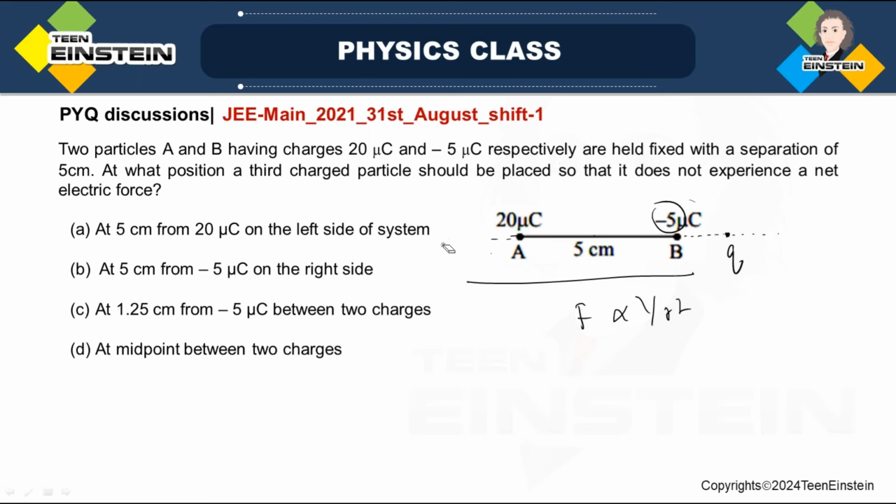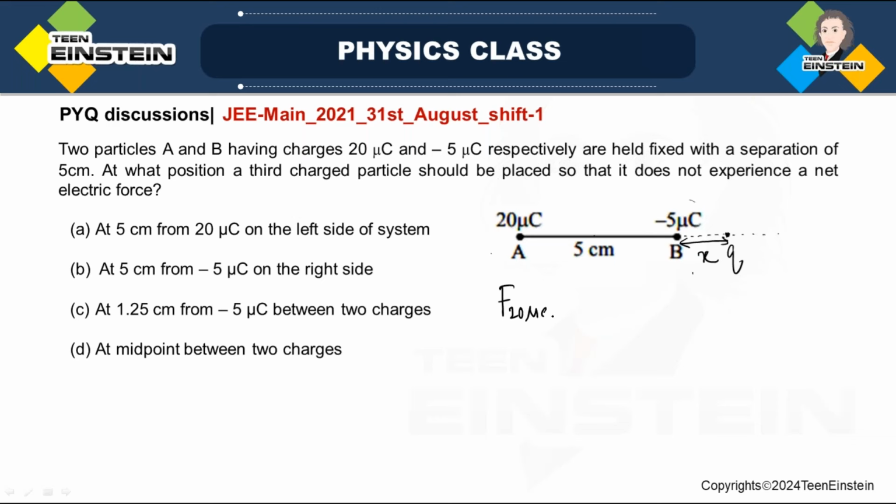So the logical point will be to keep the charge near to the minus 5 microcoulomb charge. Let me consider this distance. That means I'm keeping the third charge at the right side of minus 5 microcoulomb at a distance x, say. Okay, x. Then according to the problem, these two forces, the force applied by